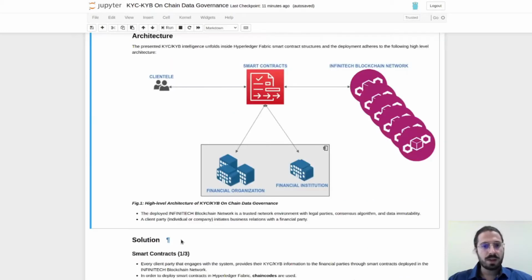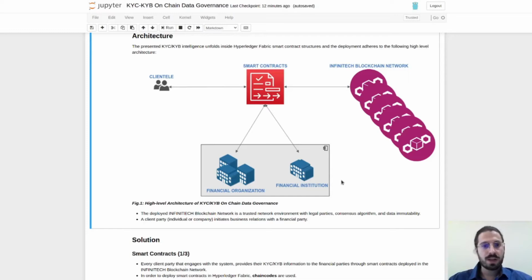Let's go a bit into the architecture of the schema and how we approach this use case. On one hand, we have the Infinitech blockchain network, which is a permissioned blockchain network based on Hyperledger Fabric, and users interact through the smart contracts.